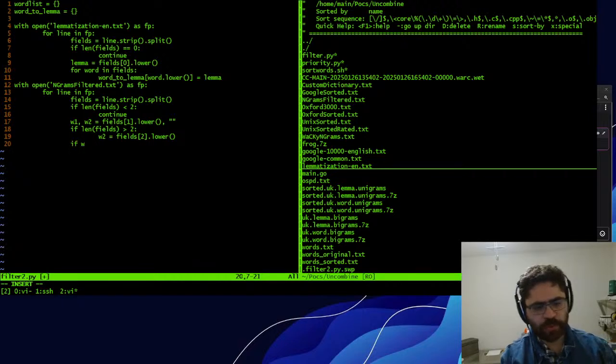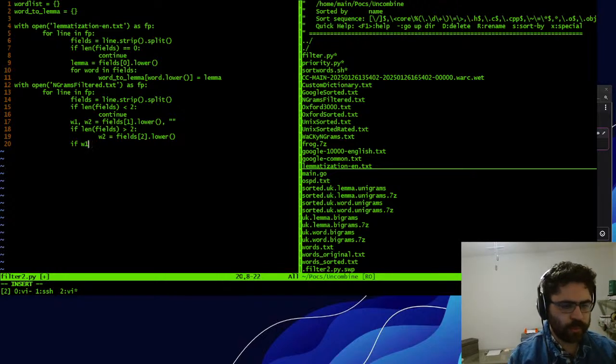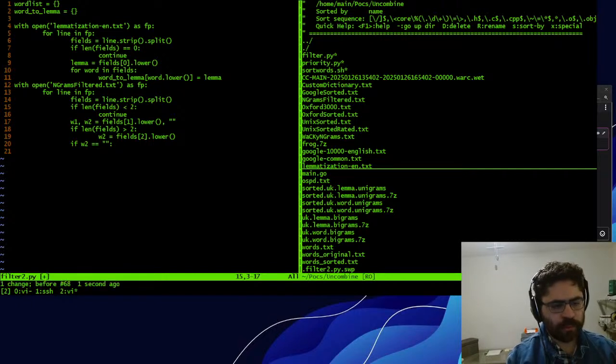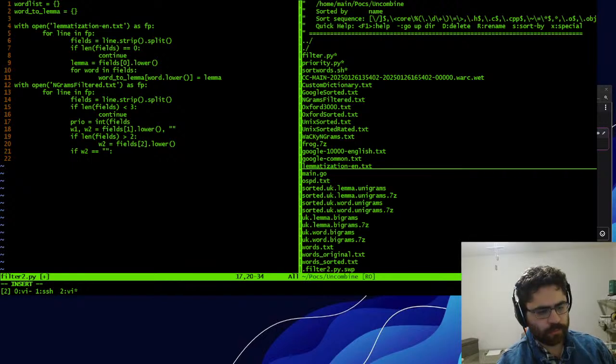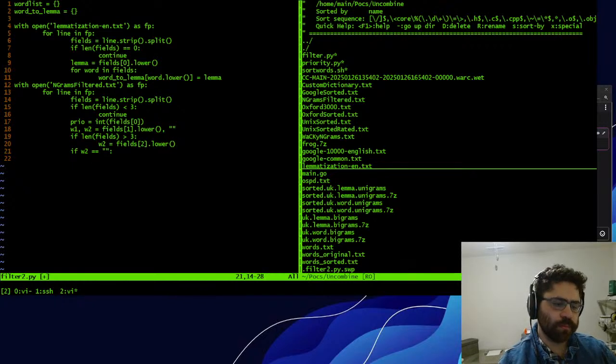So then if W1, or if W2 is an empty string, then I just want to... Oh, that's right, they have priorities actually, so I want to check if it's less than 3, because there should be at least 2 fields. Prio equals int. Yep. So then if it's less than 4, or if it's greater, no, if it's greater than 3, yeah. Then I want to print prio w1, else